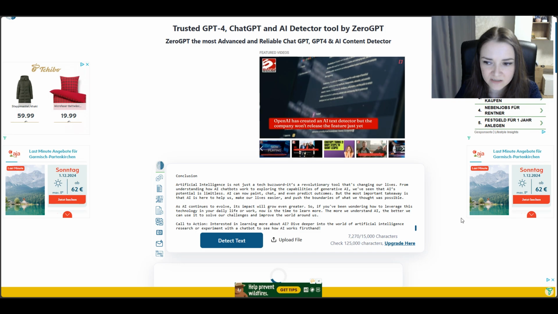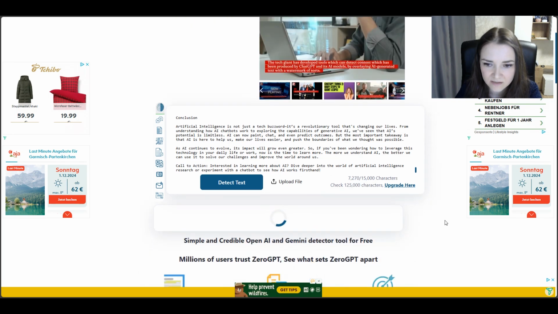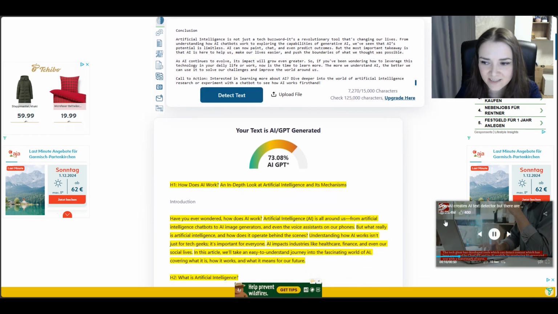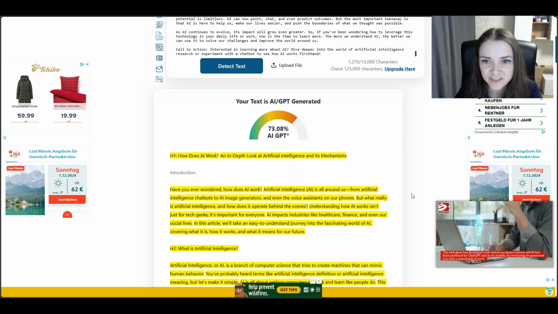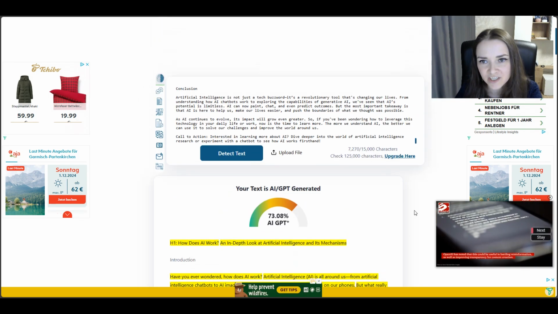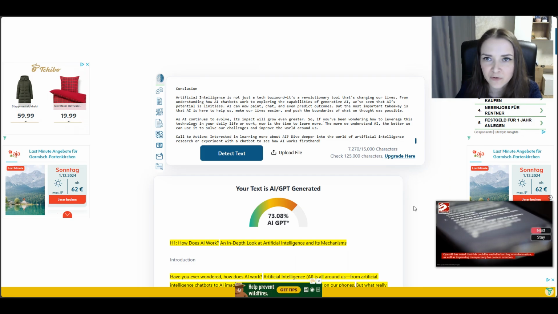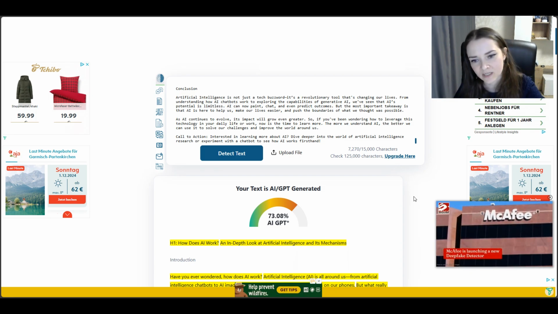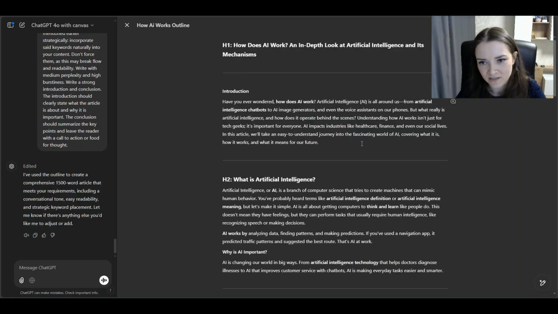Let's check on ZeroGPT. It's even less. I like the result actually. But I'm not going to check it with the help of Originality AI. We will work with this service at the very end, when we have edited everything in the text. So what is necessary to remember about the text that is firstly generated, just the first version of the text, that it's a draft of the future text, and it's your job to make it more human written,